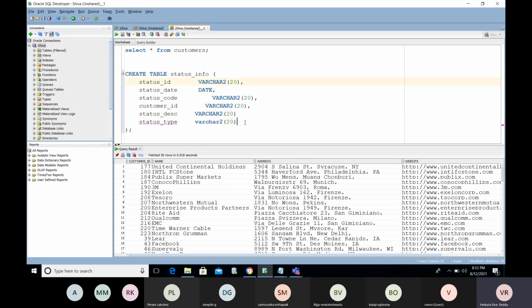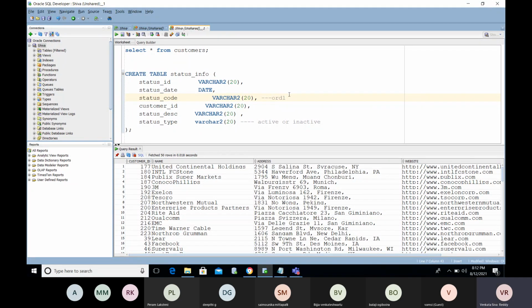I'm going to mention it as the status type. Here you can mention, for an order, a status code like ORD1, or S1, S2, S3. You can put some status codes.